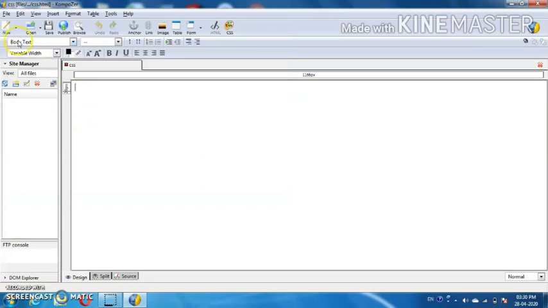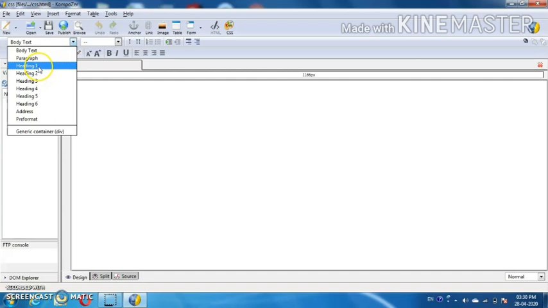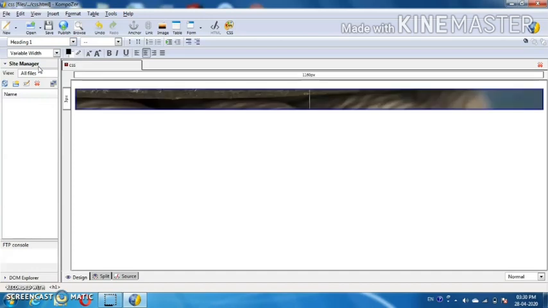Now you can see no changes have been applied to your page directly. For applying it, you have to select over here, choose paragraph format, and in that I have selected H1, that means heading. Now you can see the background has been applied. Now I'm going to write here, registration form. Whatever I have applied is seen over here. The whole thing is in capital letters, underlined, and whatever background I selected has been applied over here.